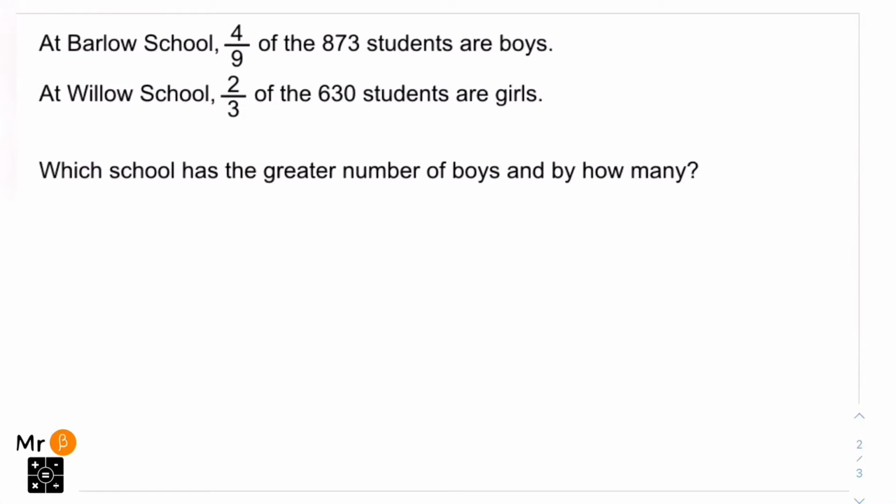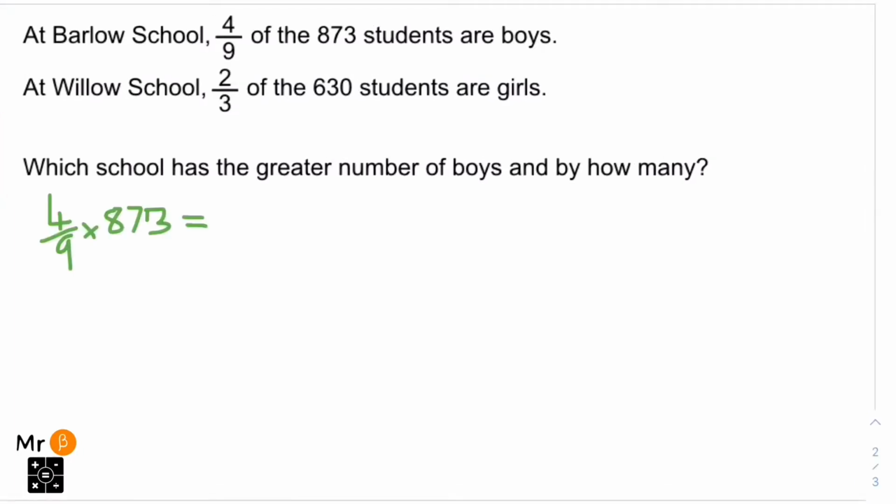So question 8, it's told you that 4/9 of the 873 students are boys. So we need to work out what 4/9 of 873 is. Again, using the same method as before, we're going to do 873 divided by 9, which is 97. And then we're going to do our 97 times by our numerator, so multiplied by 4, and we get our answer of